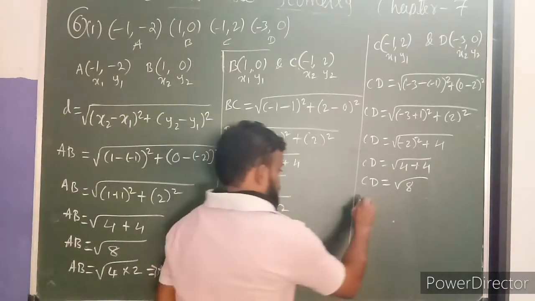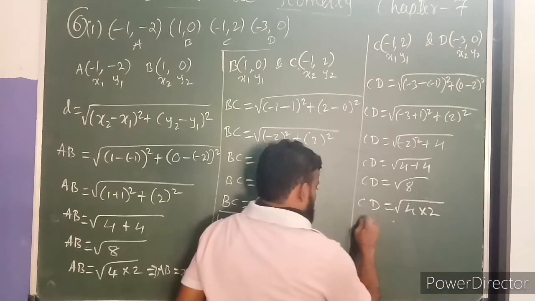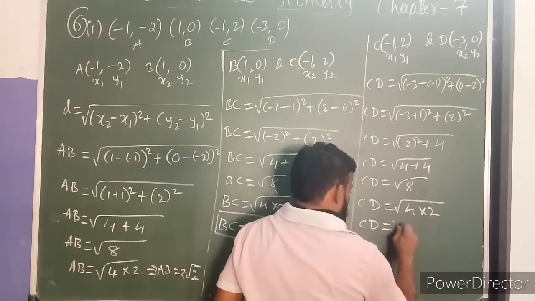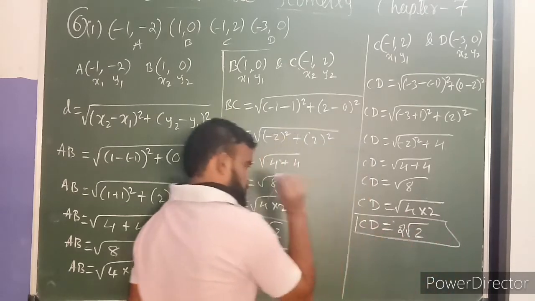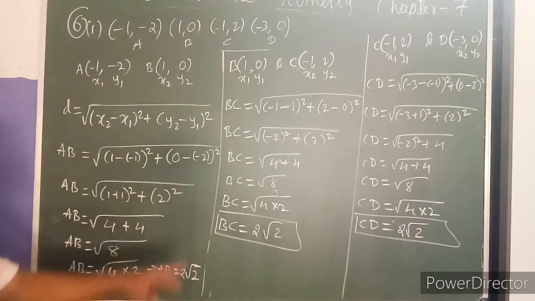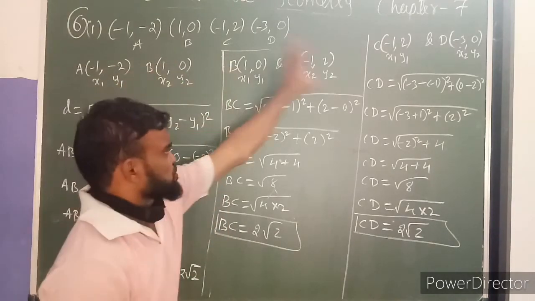Again we can split 8 into 4 times 2. Again CD is equal to the square root of 4 is 2, and inside left root 2. So we also got the same value for CD. First note it down, then afterwards I will do AB, BC, CD over, next